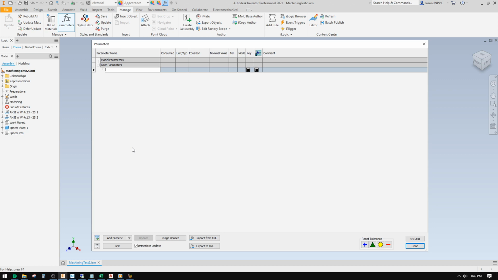So for instance, let's just say I'll just say plate position, or actually it was spacer plate position. I could put spacer position, or even spacer plate position. Now,